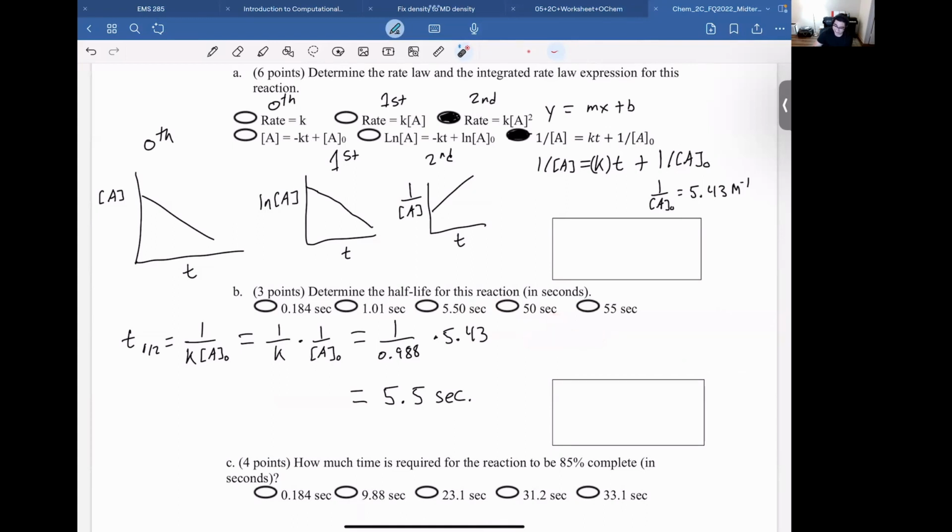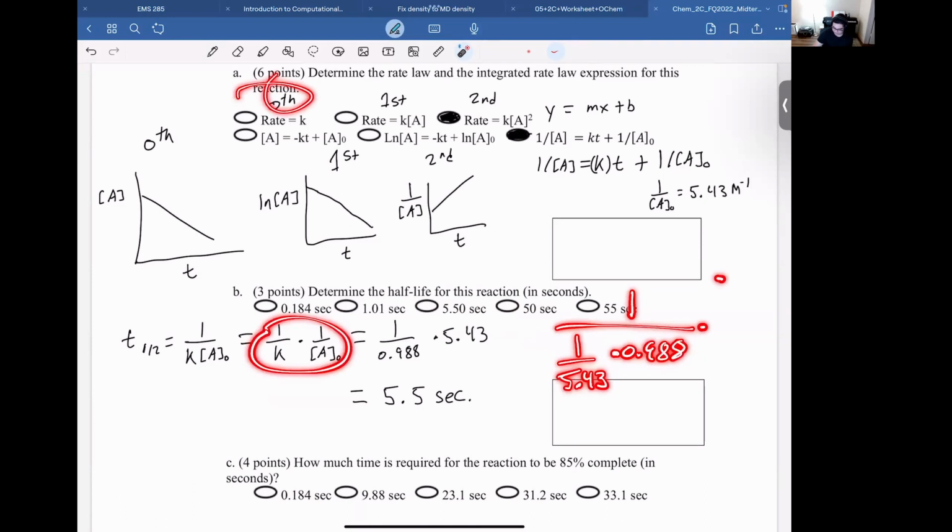I think I see. So he first did 1 over 5.43 and then got a number, times 0.988. And then he did one over that. Yeah, that's what he did. I guess it's technically the same if you take the complex fraction. I think that's a very odd way to do it because this interpretation is directly from your numbers. But if you got the same number,